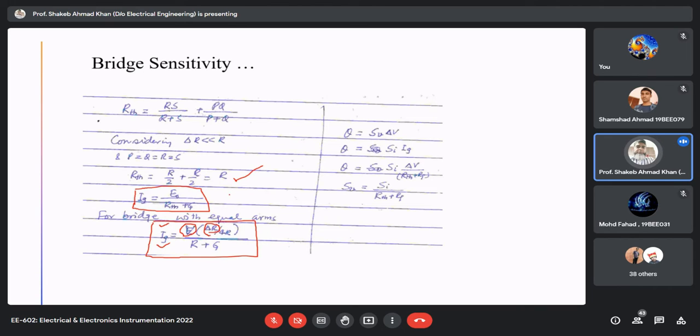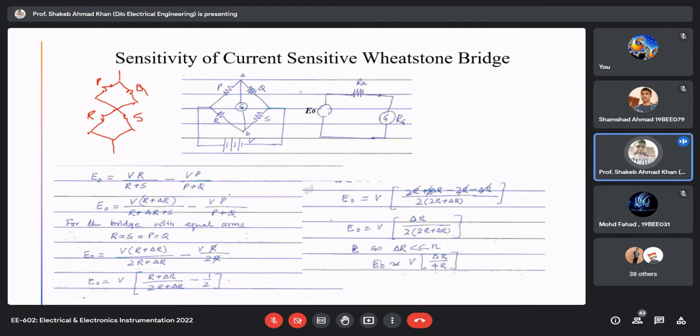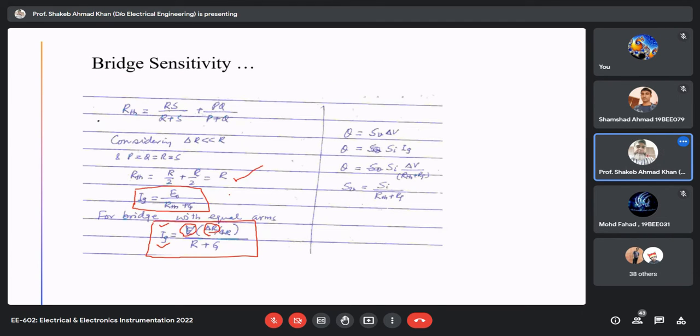So if anybody has any query, any question regarding whatever I discussed about the current sensitive bridge, you can ask, please. No query. Okay. Then